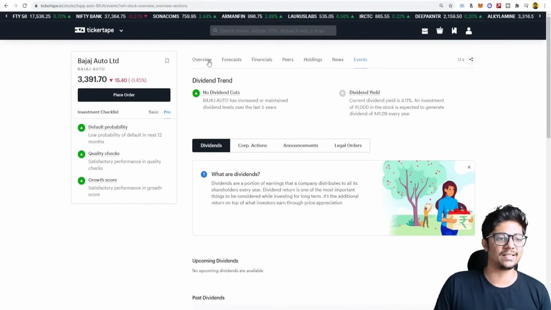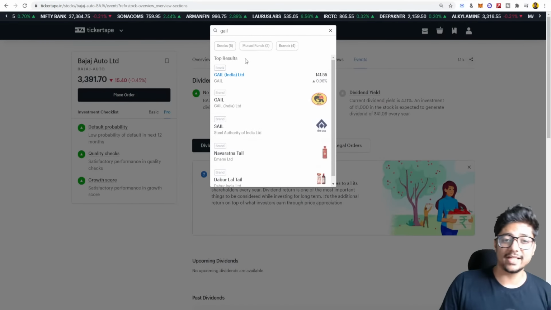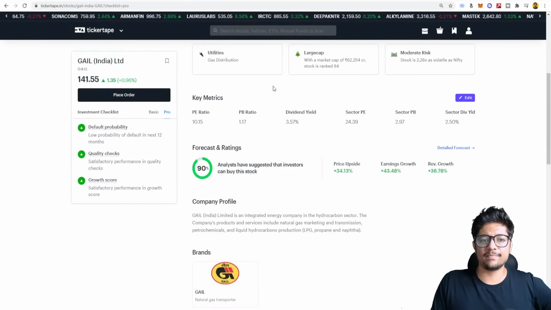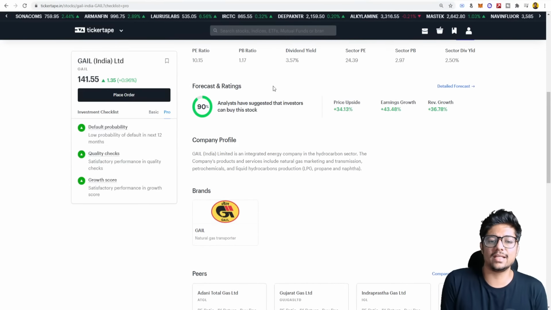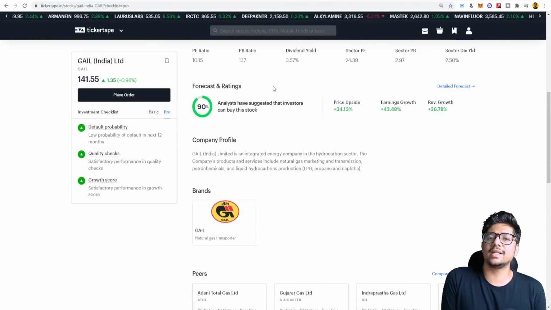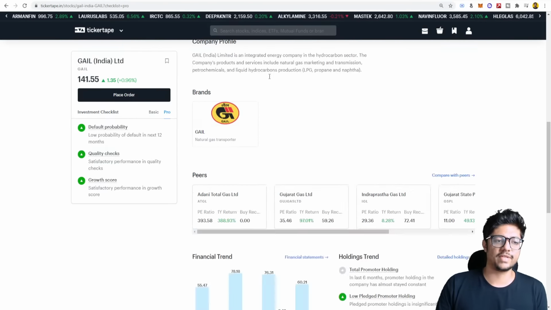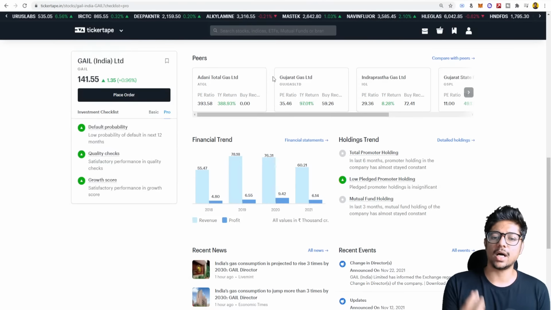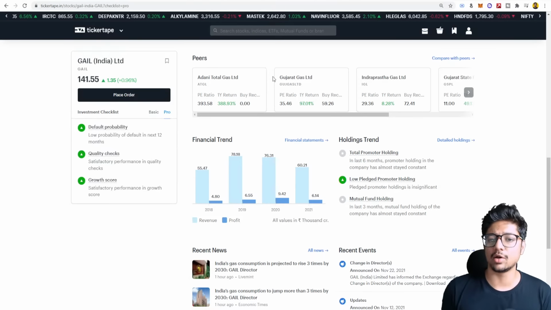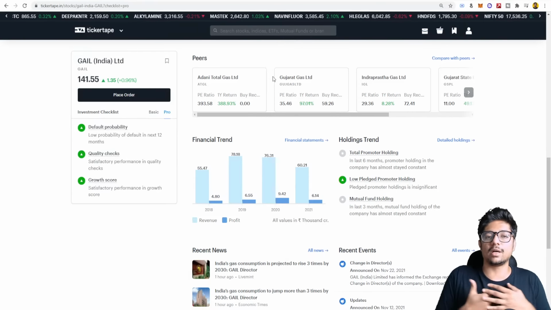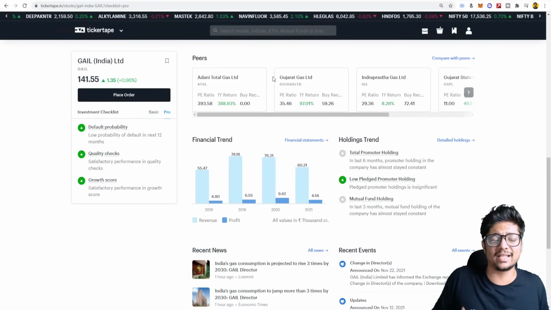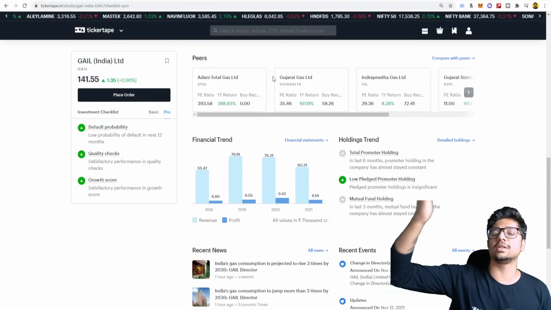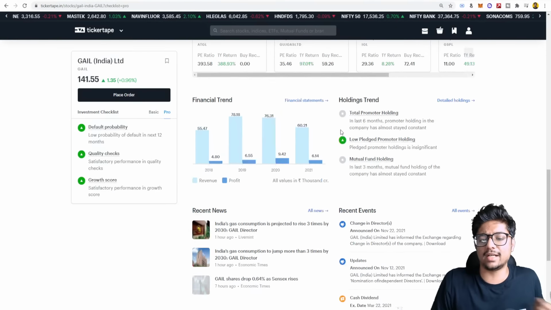Okay, GAIL, ITC. Let me show you GAIL. Now, another very important thing. If you know what GAIL is, basically GAIL is a company where the Indian government has a lot of stake. As I told you, the majority shareholding of a particular company might be with the promoters or with the government itself. Whenever a government-based company like SAIL, GAIL, HPCL gives a dividend, most of the money goes back to the government itself. That is a good thing, right? Because they also get a little extra money to play around with.